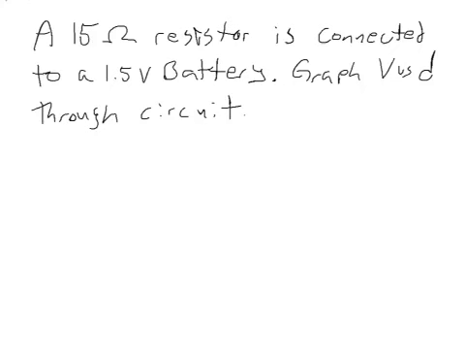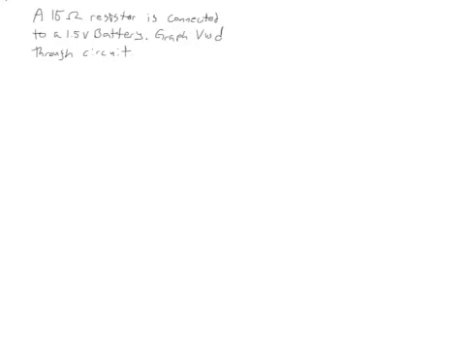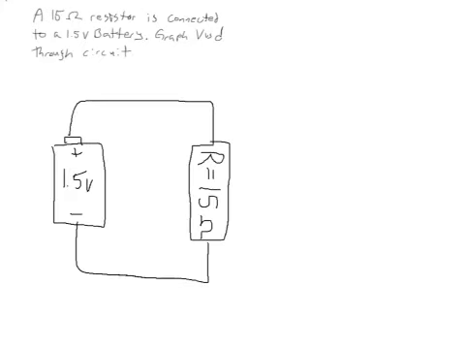Okay, so our next example says a 15 ohm resistor is connected to a 1.5 volt battery. We want to graph the potential versus distance traveled through that circuit. So to help us visualize this change in potential as charges move through the circuit, we're going to sketch this circuit right here. And so the way that I've drawn this is so that up, the direction up, corresponds to